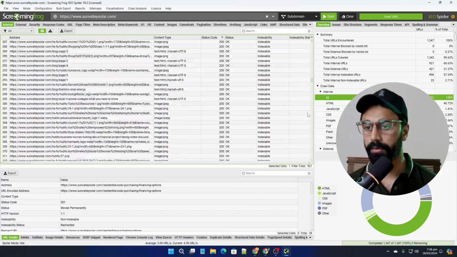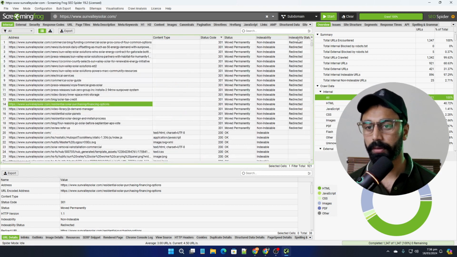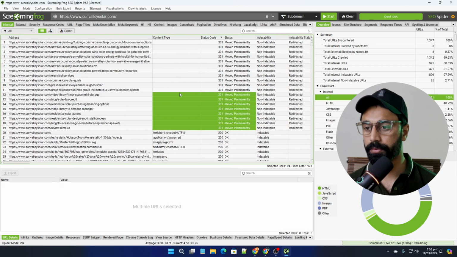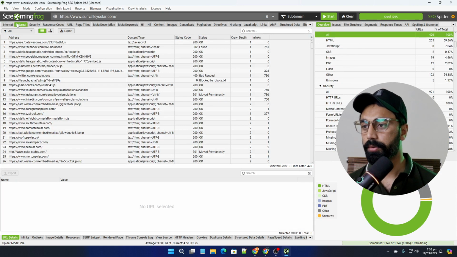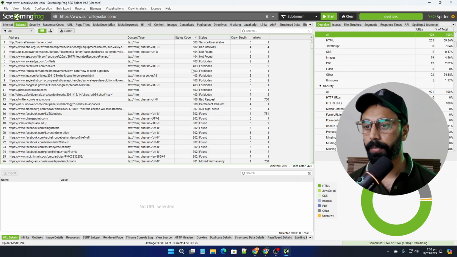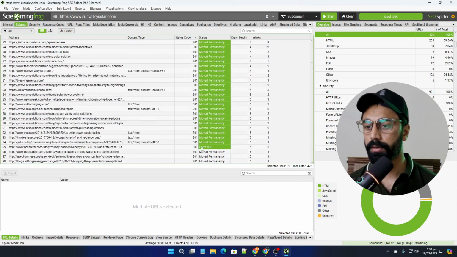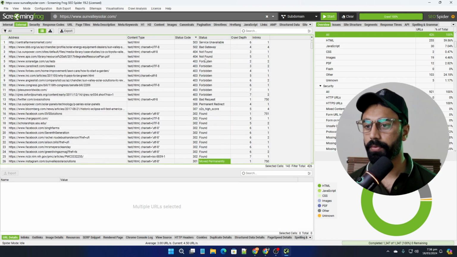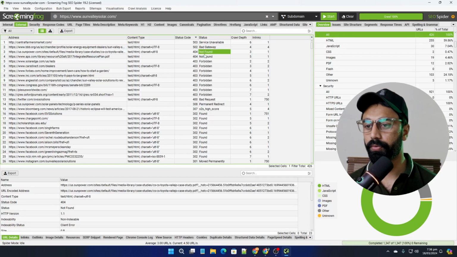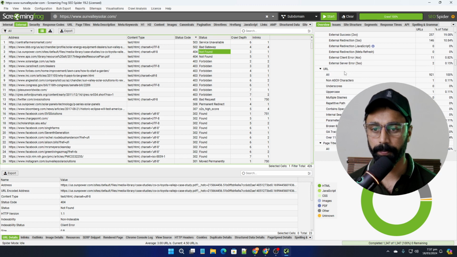I find the one mistake, and the other thing is there isn't any issue except 301 redirect. Alright, so I noticed that. And when it comes to external, there are also external 301 permanent redirects. Apart from this, we also have one or two 404 pages. And apart from this, if I check at